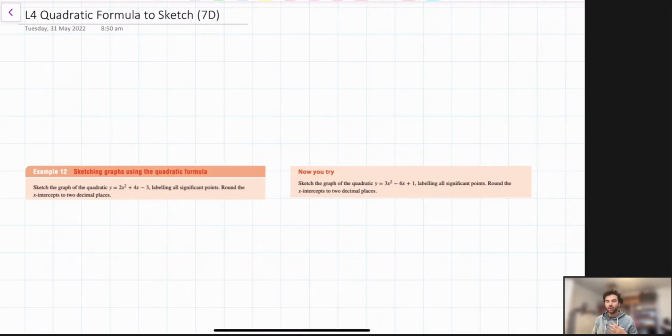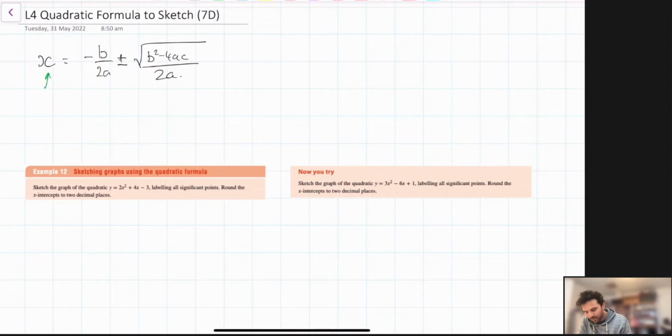We're looking at lesson 4 as part of our sketching parabolas lessons, and we're looking at the quadratic formula. I'm using that to help us sketch parabolas. So what was the formula for the quadratic rule? There it is. x is equal to negative b on 2a plus or minus the square root of b squared take 4ac, all on 2a. So this can help us solve